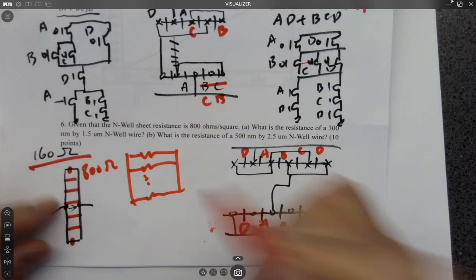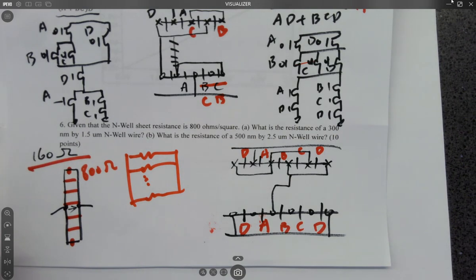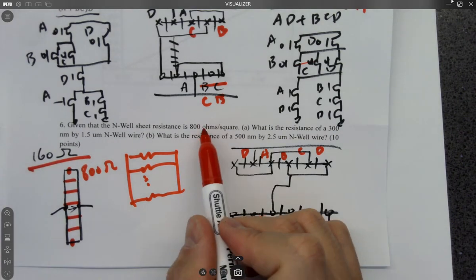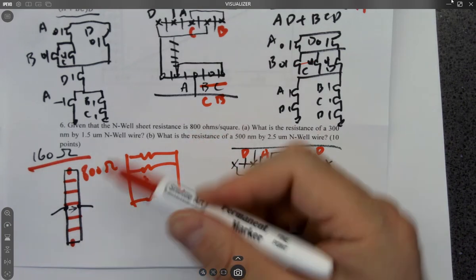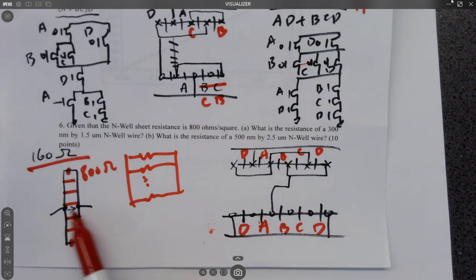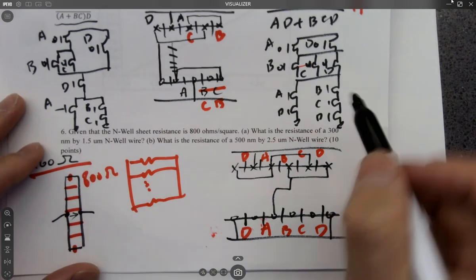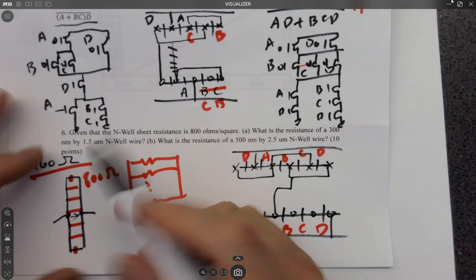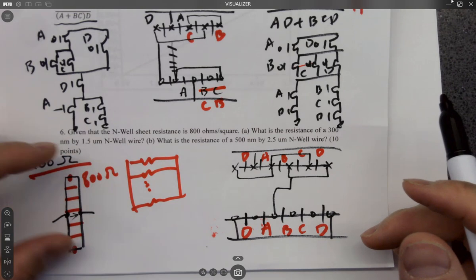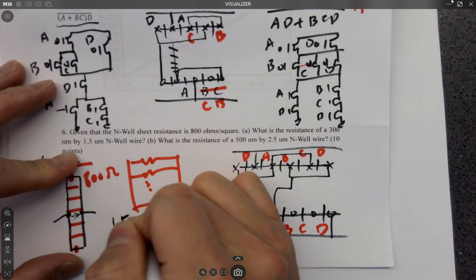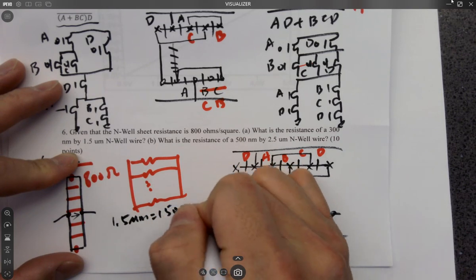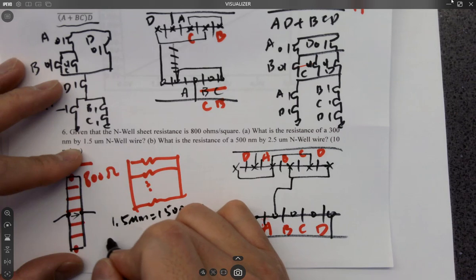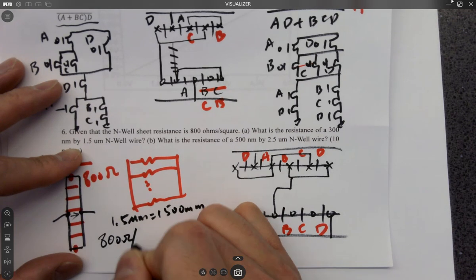And eventually you can reduce the resistance, right? So if you need a resistance lower than 800 ohms, which is the square sheet resistance, you have to put them in parallel and probe it like this. However, usually I meant the bigger dimension is the width, so this becomes 1.5 micrometers, which is 1500 nanometers. And so you have 800 ohms per square times 1500 nanometers